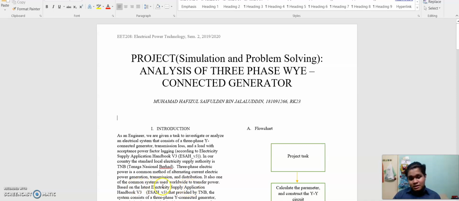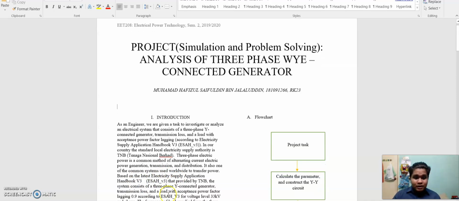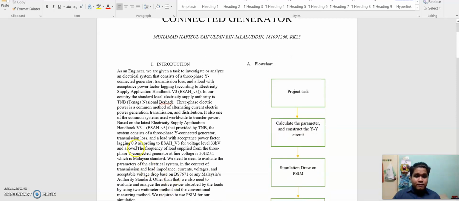Based on the latest electricity supply application handbook provided by the TNB, the system consists of a three-phase Y-connected generator, transmission loss, and a load with acceptance power factor lagging 0.99 according to the supply application handbook for voltage level 33 kV and above. The frequency of the load supply from the three-phase Y-connected generator at line voltage is 50 Hz,